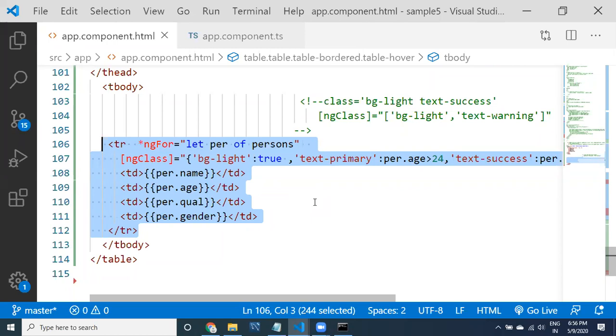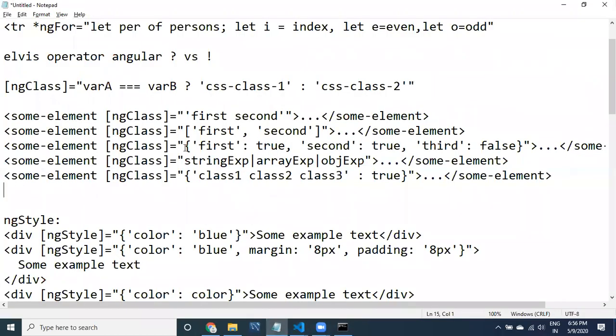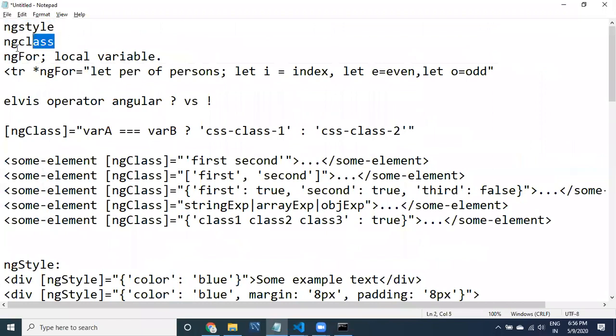Now, what are the concepts that we have covered? Ng style and then Ng class, right? Of course, I would like to show you something like Ng for local variables.